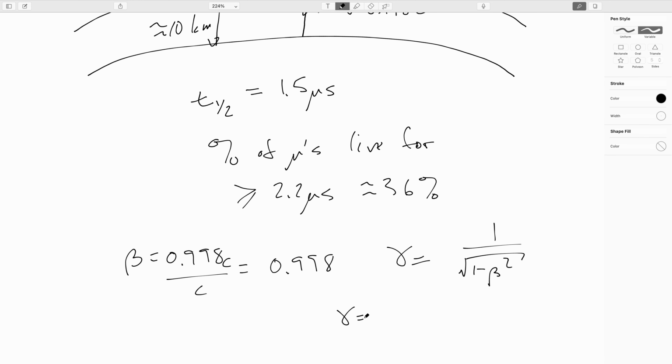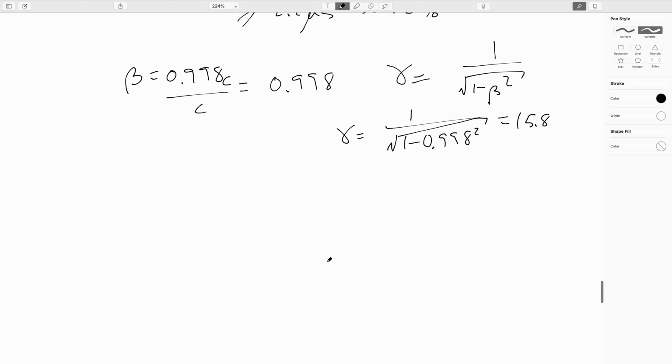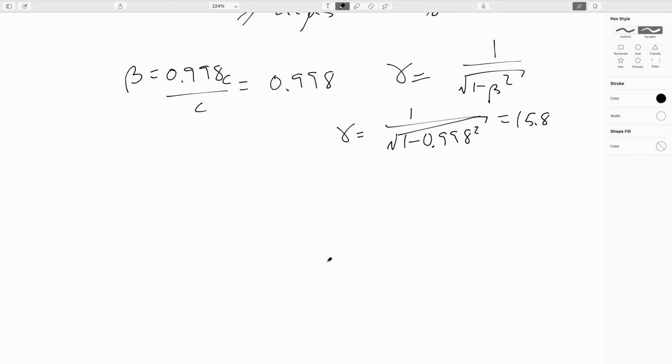So gamma is 1 over the square root of 1 minus 0.998 squared, which when you crunch that through is about 15.8. So this means that our